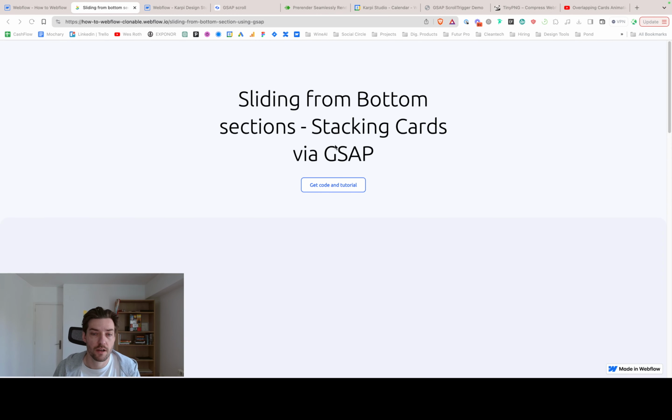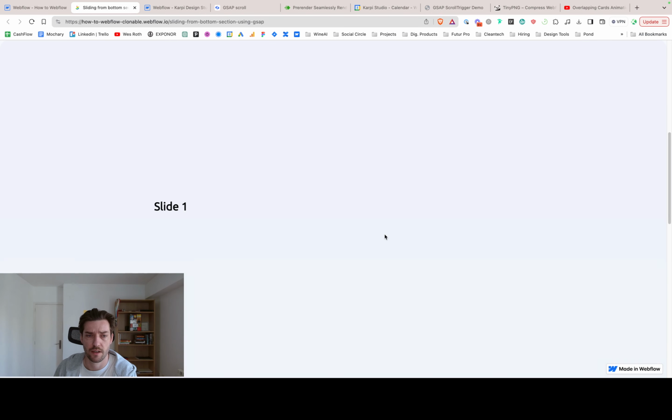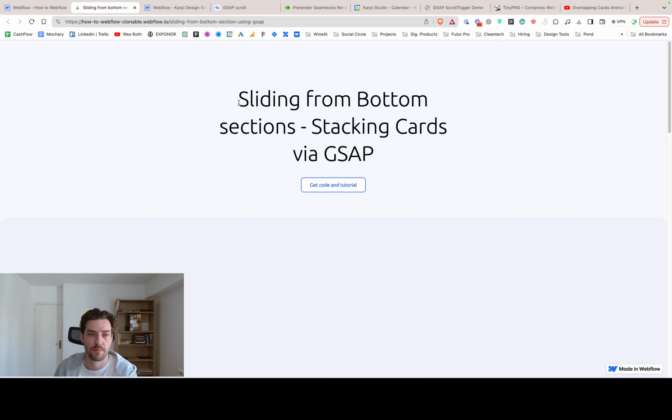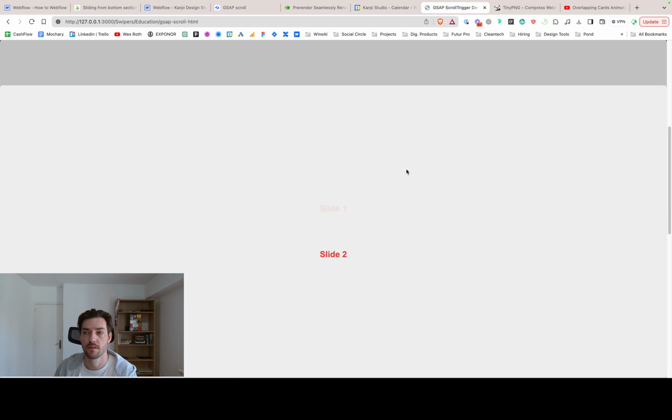So I've been tasked by my client to build this animation in the stacking cards animation. So basically a slide in 3 sections with some H2 heading on top of it. How I approached it, I used this tutorial, overlapping cards animation with GSAP scroll trigger, and I basically built it